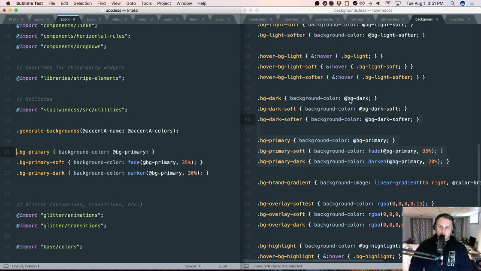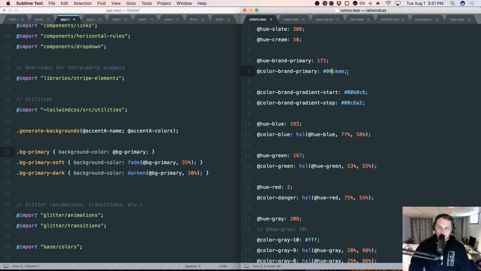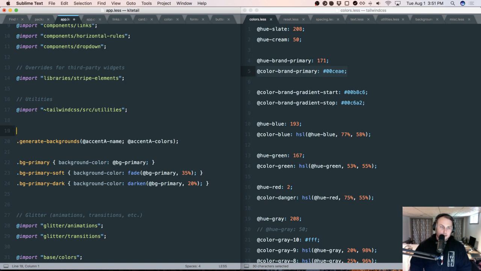So we've got BG primary, which looks like it's getting defined as color brand primary. And if we head over to colors.less, I do have color brand primary defined here. So let's just copy color brand primary and paste that in here too. And we'll probably move this to be defined somewhere else to start, but just working on trying to make it so this framework doesn't need to care about, first of all, it doesn't even need to care about the word brand or the word primary or what the color even is. Okay, so